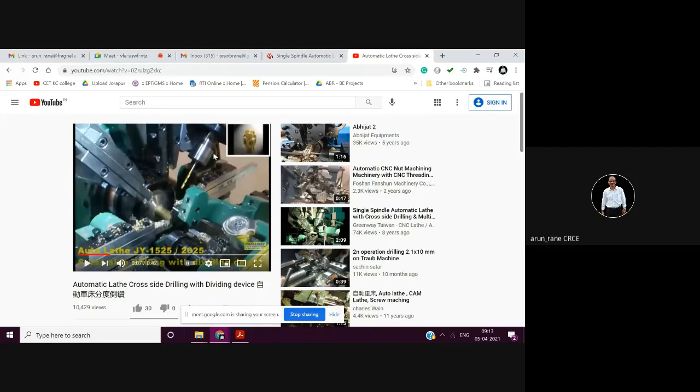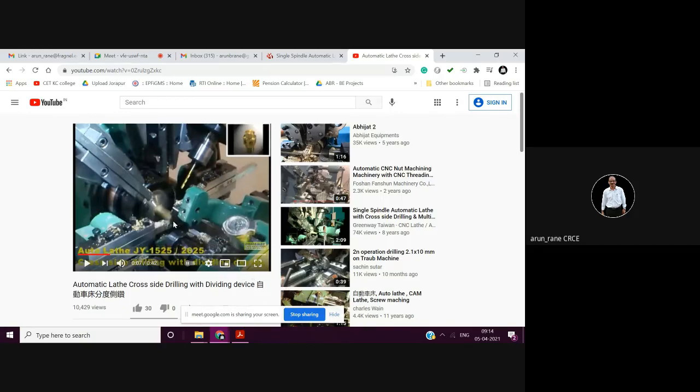Now, why is it a special purpose automatic lathe? Because on this special purpose automatic lathe, there is one more attachment attached, which is normally not there. This attachment is a drilling, and this is your cross drilling. Usually, this is not there in a standard automatic lathe. So you have to focus only on this front vertical slide, rear vertical slide, front cross slide, and rear cross slide. Then you have the tailstock from this side.